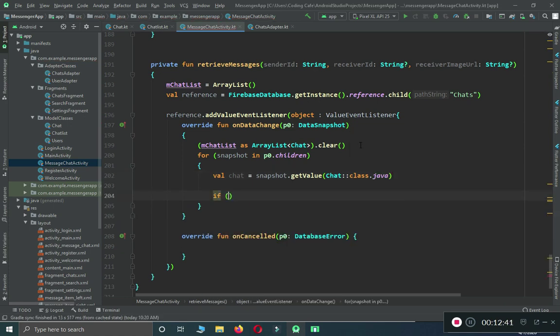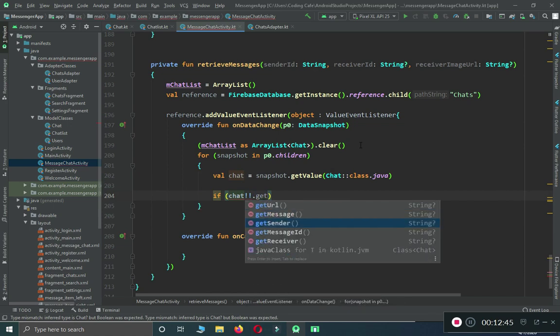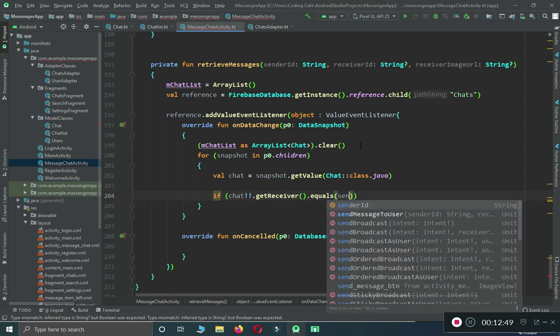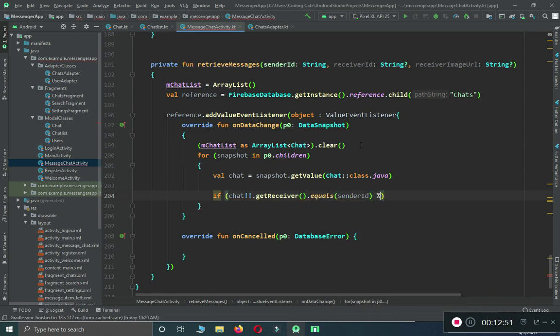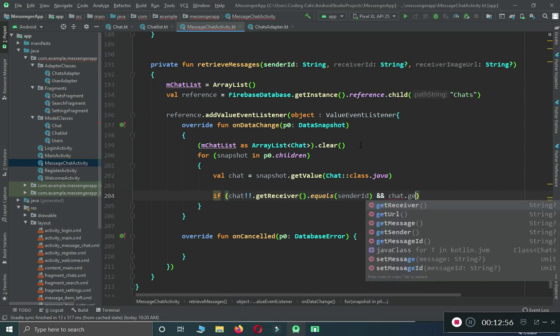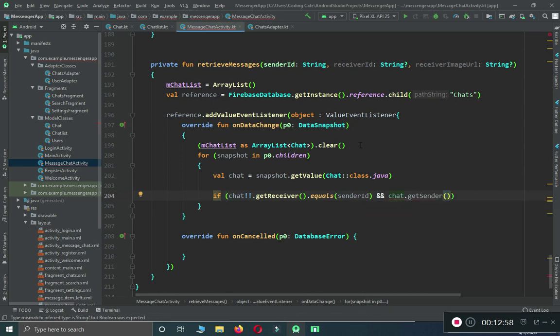If chat dot get receiver dot equals sender id, and chat dot get sender dot equals receiver id, or